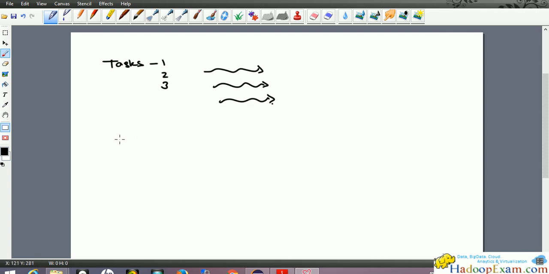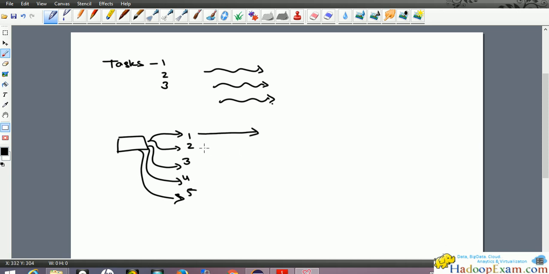But parallelism means you have one task and divide it into 5 subtasks, and each subtask runs in parallel.